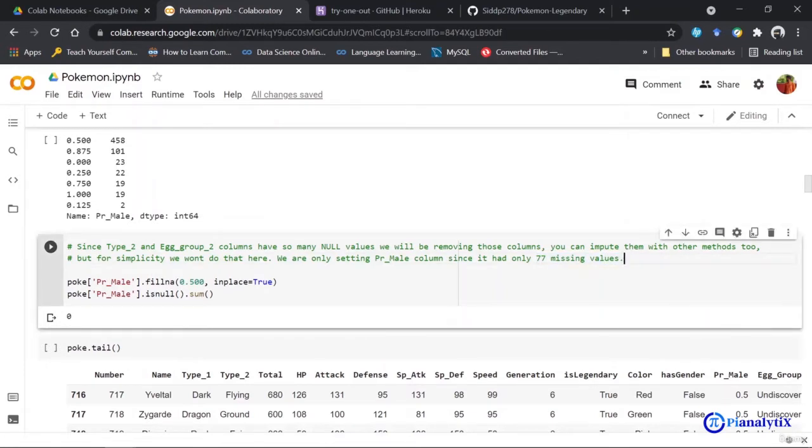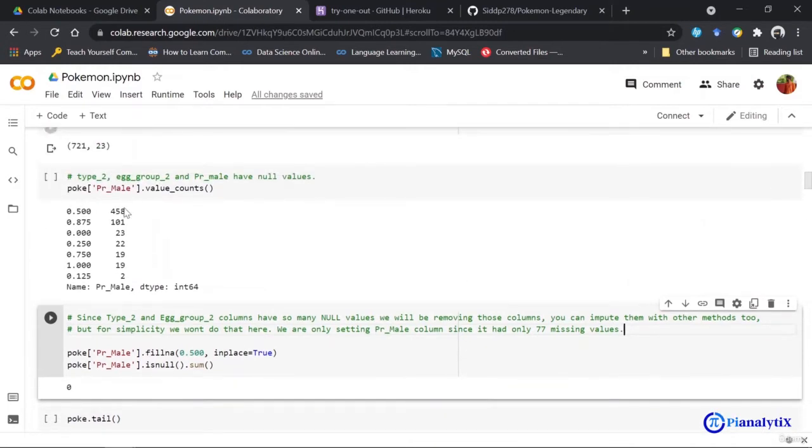So 77 missing values is like 10% of my data. So I'm not directly removing that column, I'm filling it. So if there's too much filling to be done, I'm removing it directly. If there's less filling to be done, then I'm filling it. So what am I filling it with?